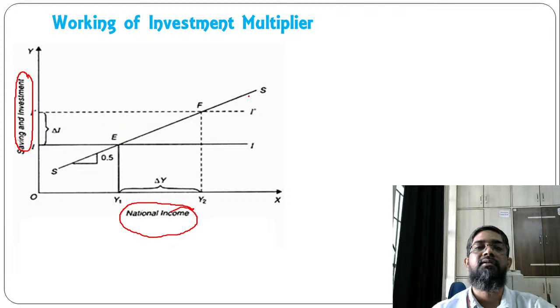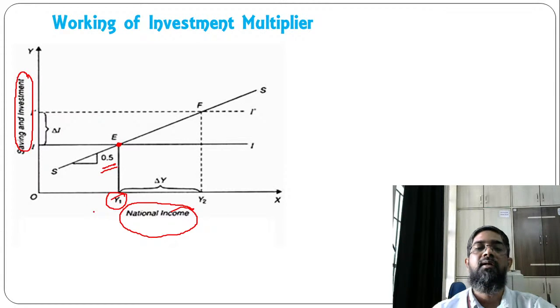You can see the saving line, and the MPS is equal to 0.5, and you can see this is our investment line. So the point E is the point where investment and saving both are equal, and you are having Y1 level